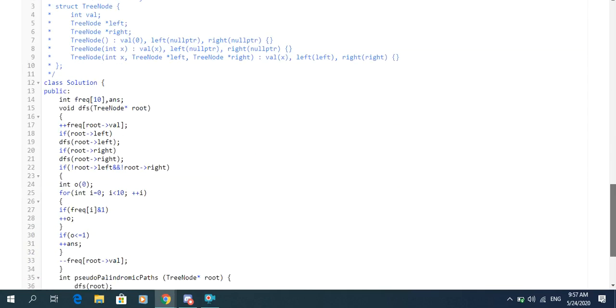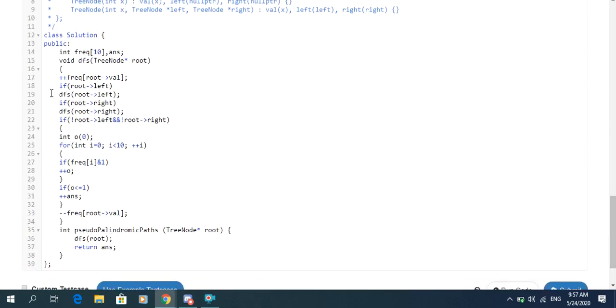So we just do DFS from the root and check if the current node has a left child. If so, we DFS to the left child, then check if it has a right child, then we DFS to the right child, and then check if it's a leaf node. So that means it has neither a left child nor a right child,